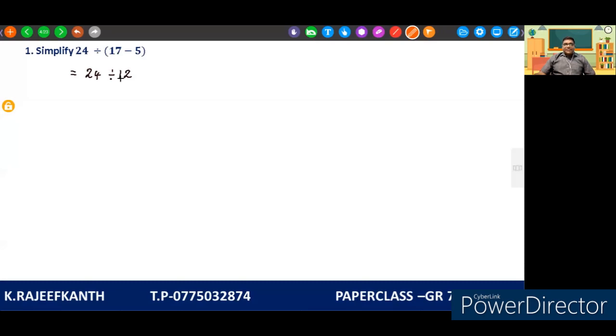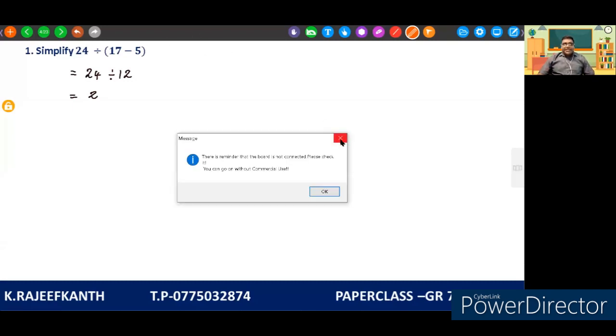17 minus 5 is 12. Now we have to divide this 24 by 12. Then 24 divided by 12 is equal to 2. Then the answer is 2, right? Then the second question is,